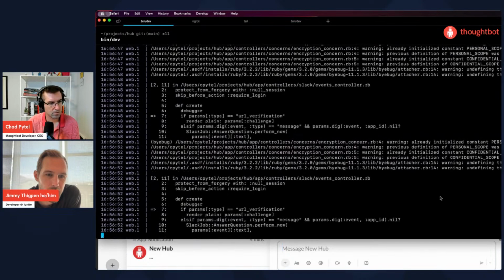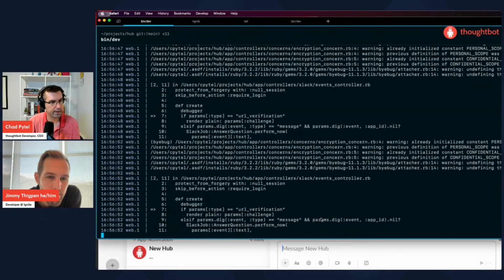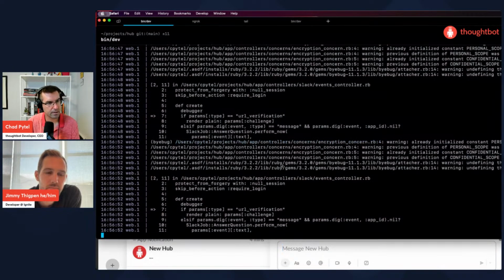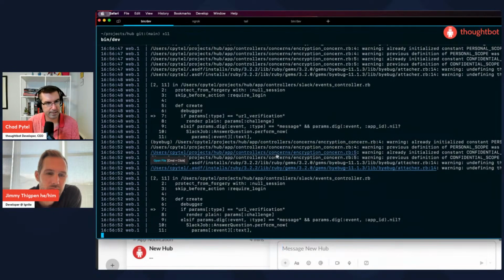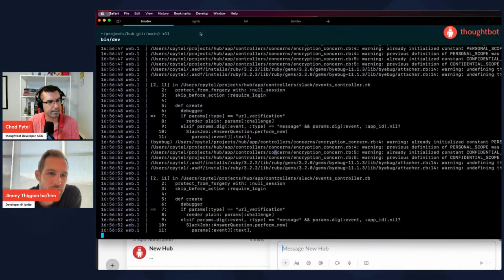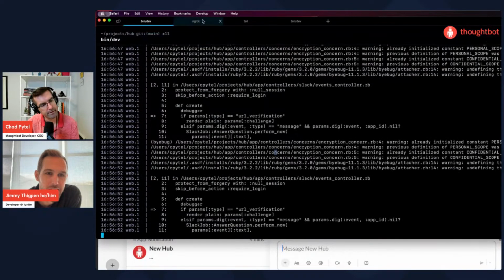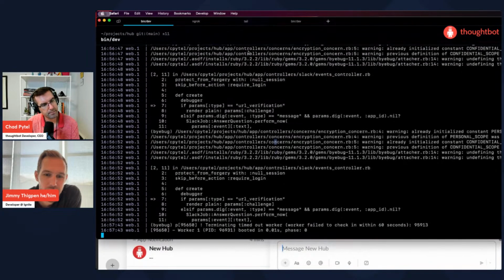It wasn't super helpful. So it's on this if here, but we should have. I'm not in a context here where I can type. I can't actually look at the bin dev thing.